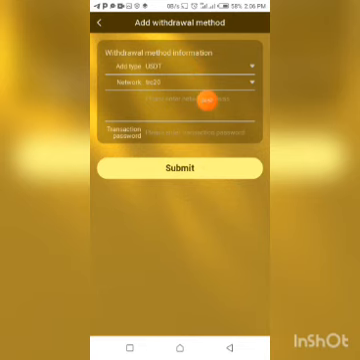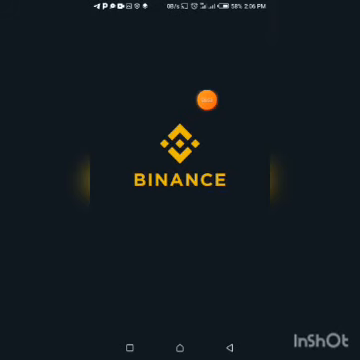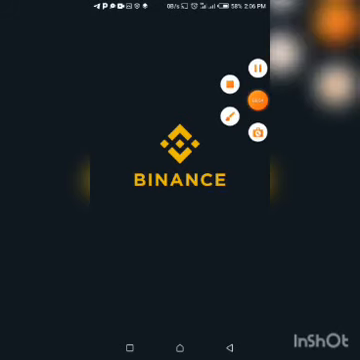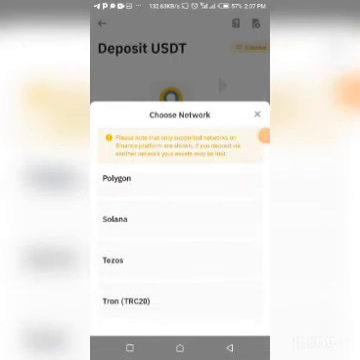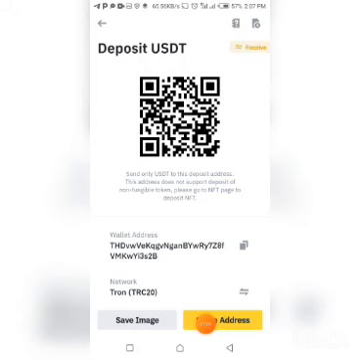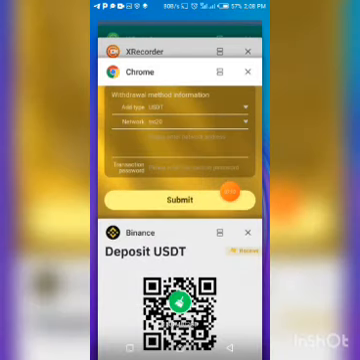So let me quickly go to Binance right now and copy my USDT TRC20 wallet address from Binance. So here in Binance, I'm going to be selecting TRC20, USDT TRC20. Okay, so as you can see, this is USDT and this is TRC20. So I'm just going to tap on this place to have it copied to my clipboard. Wallet address copied. So I go back to the site right now and paste my USDT TRC20 wallet address